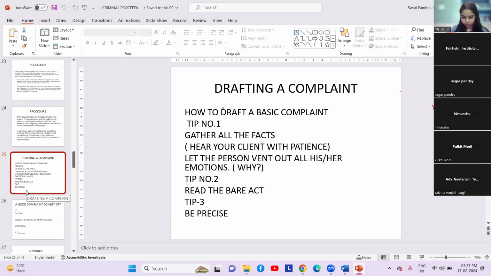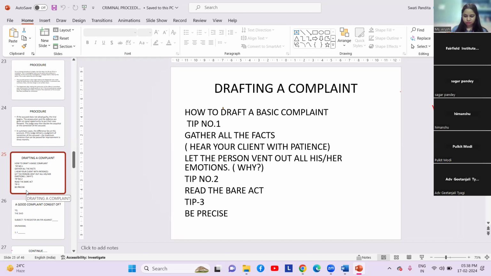You have to be very clear with the facts, and these facts should be gathered from the victim, from your client. Here you have to do one thing which is very important: hear your client with patience. अगर आपने उस टाइम उसको अच्छे से नहीं सुना तो उसको लगेगा कि थाने में भी मुझे नहीं सुना, आपसे पहले भी शायद वो किसी वकील से मिला होगा, उसने भी मुझे नहीं सुना, तो अब मेरे को कोई सुन ही नहीं रहा है, इस वकील साहब के पास भी मेरे को सुनने के लिए टाइम ही नहीं है।